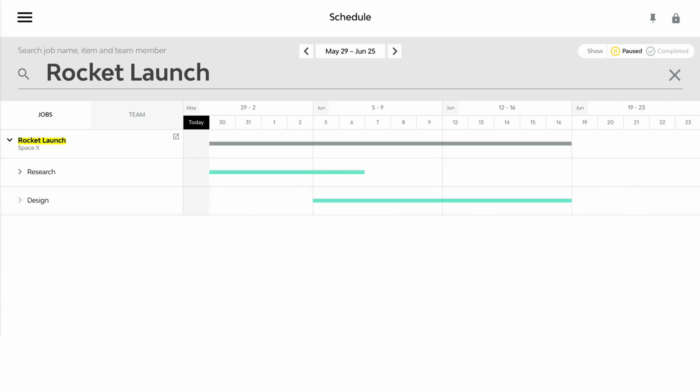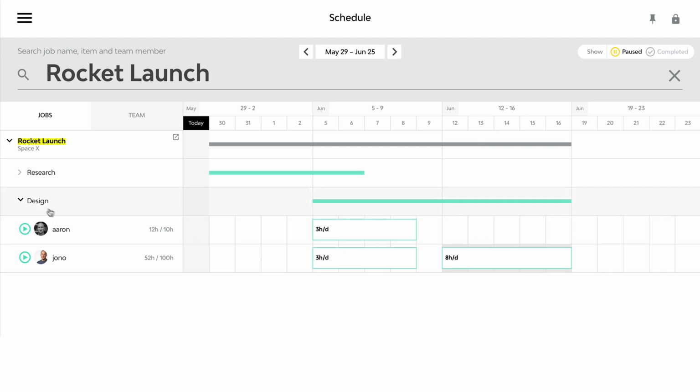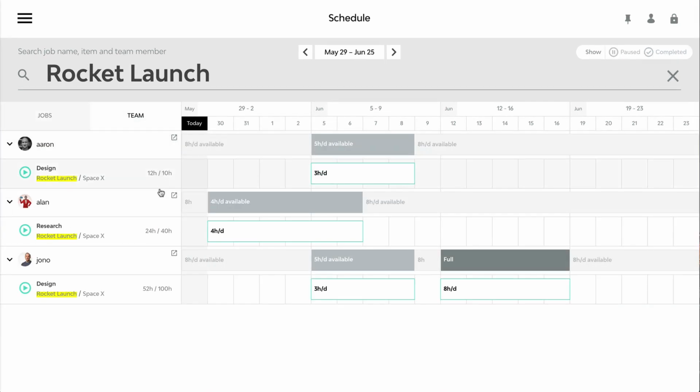So this job view gives me a very clear Gantt timeline of all the different components on the job, and I can fold it down just to look at the individual components without seeing specifics in here if I want to. The team view is the other view, and keep in mind we're still filtered here by the